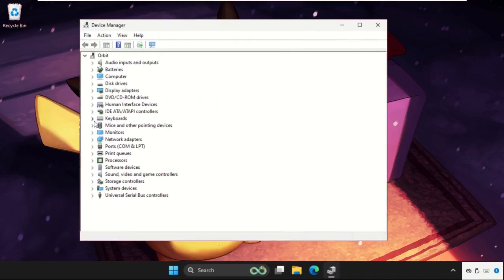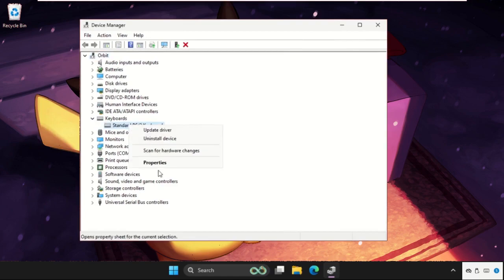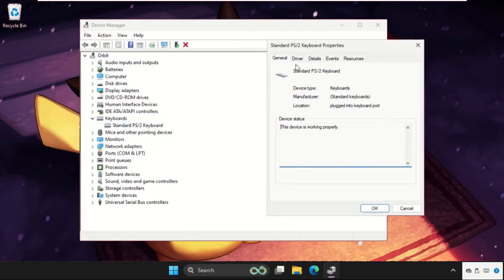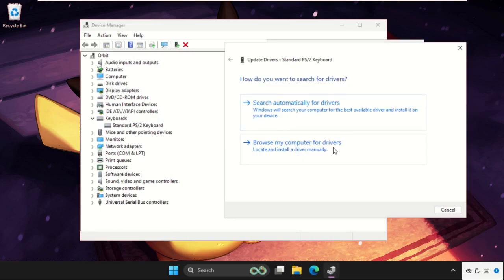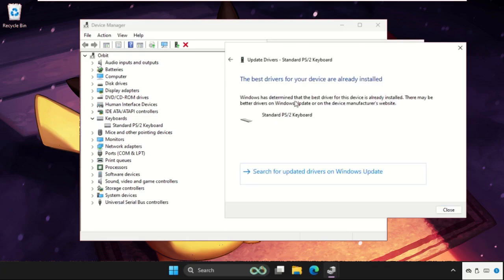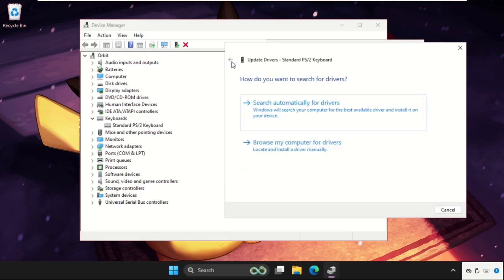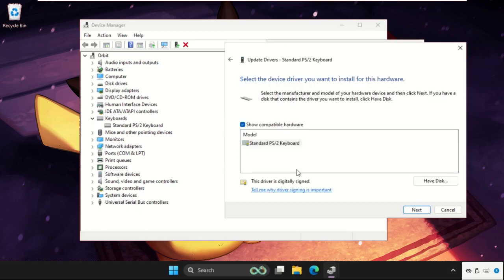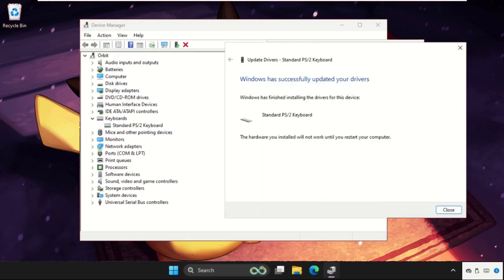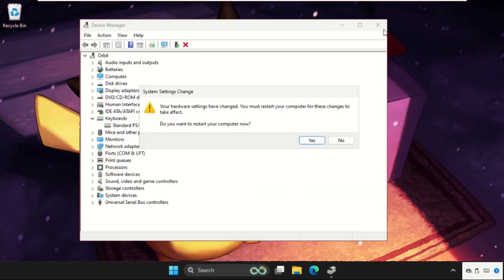expand the keyboards. Right click on the particular device, select properties, go to its drivers tab and click on update driver. Make sure you are connected with your internet connection, then select the first option. If you are not, and if this does not work, then just go back and click on this second option. Now click on let me pick from a list of available drivers on my computer. So click here and select the model, click on next, and once done, close all windows one by one, and